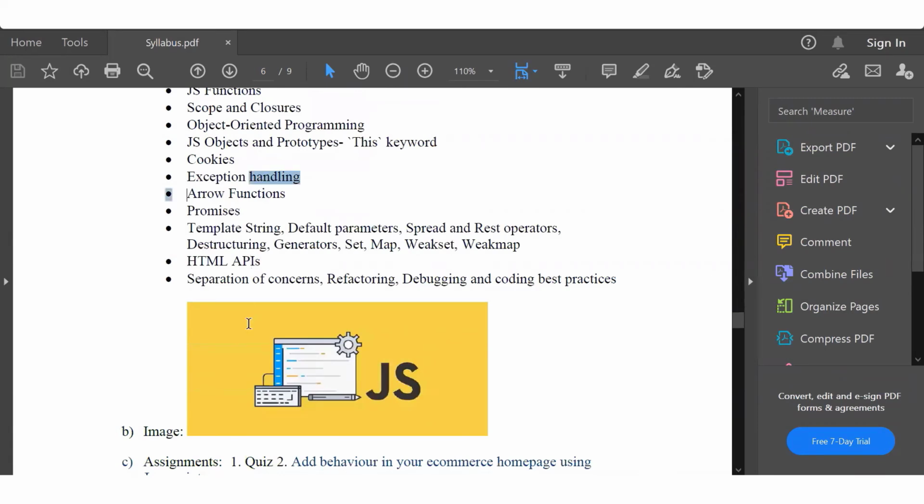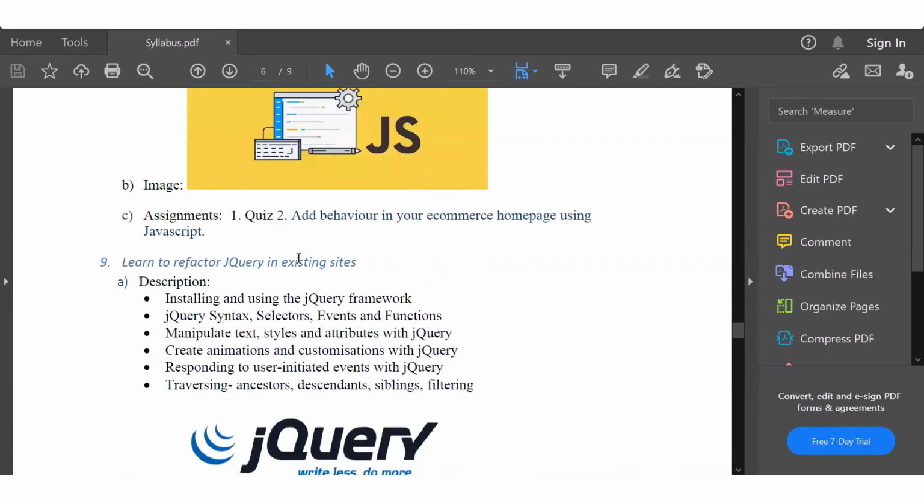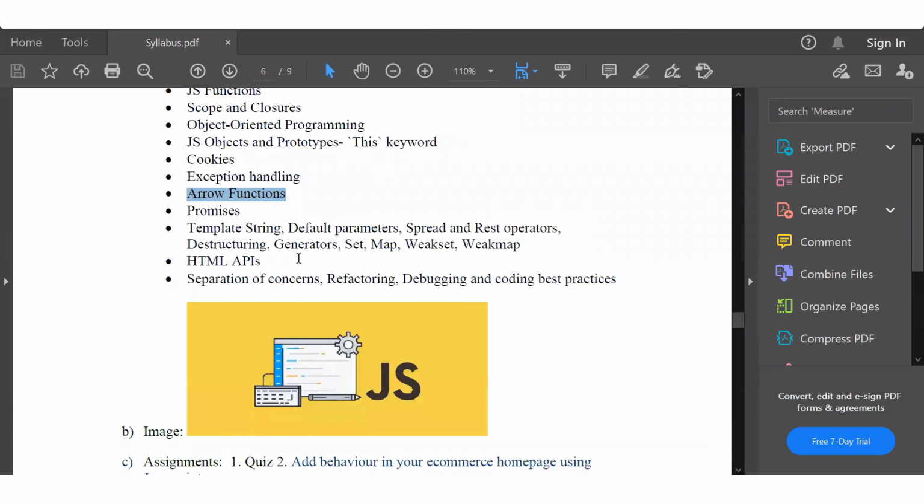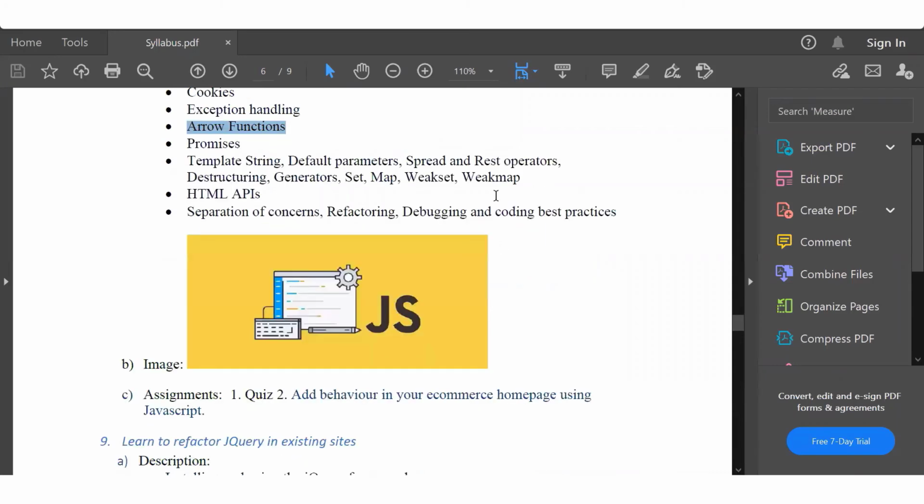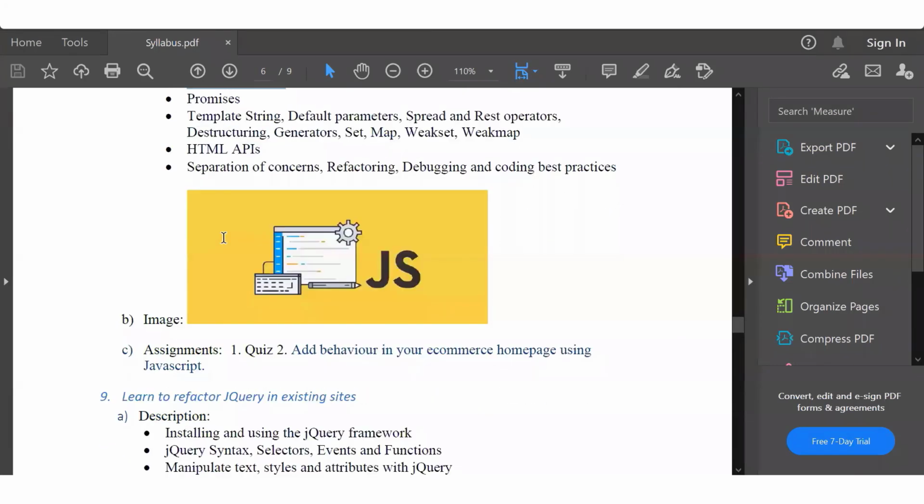But then all the other ES6 syntax, ES6 is ECMAScript 6, which is the latest version of JavaScript, is definitely required for you to know to work with any advanced library or framework, Angular, React, or Vue.js. If you want to use them, you need to know those kinds of syntax. So that is something which we cover.